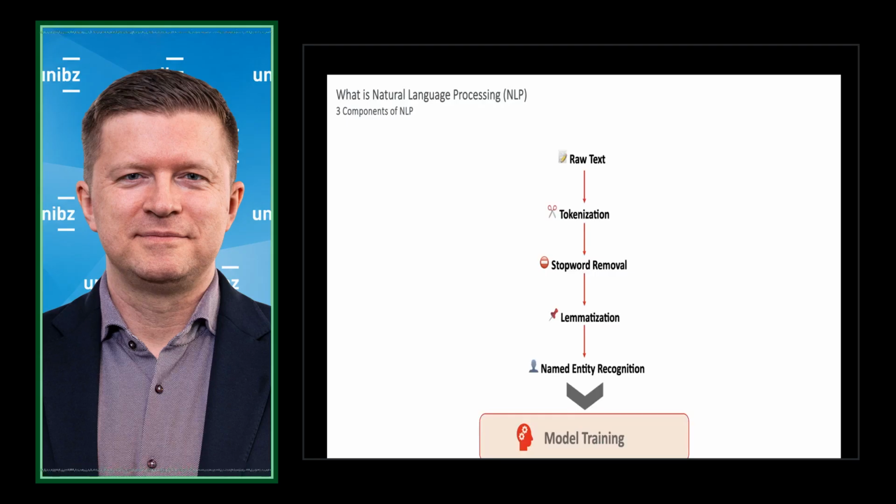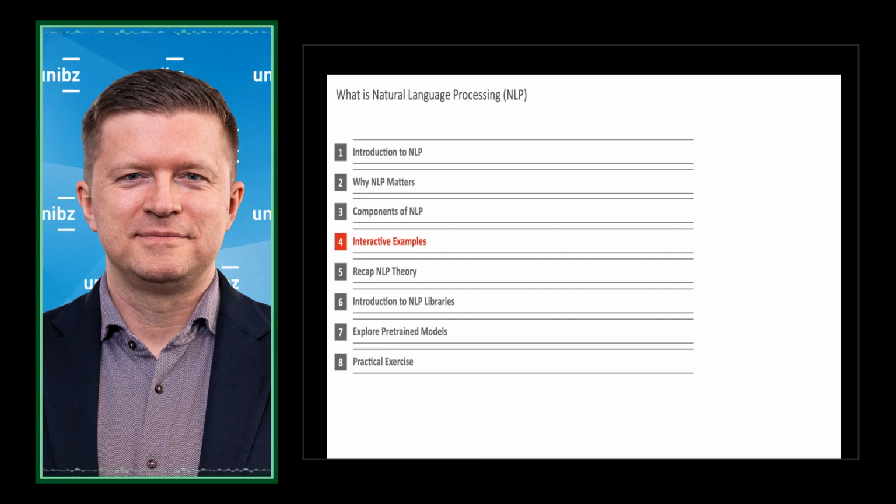Okay, not before, not with the raw text. This is the steps we have to do before that, called pre-processing, and that will take a lot of time. This will take like 80 to 90% of your time before you start training your model, and it often never happens because you just can't get good information out of the raw text. I don't want to discourage you, but just to give you a heads up, this will take a lot of time. Good. All right, let's move on and check out some interactive examples.